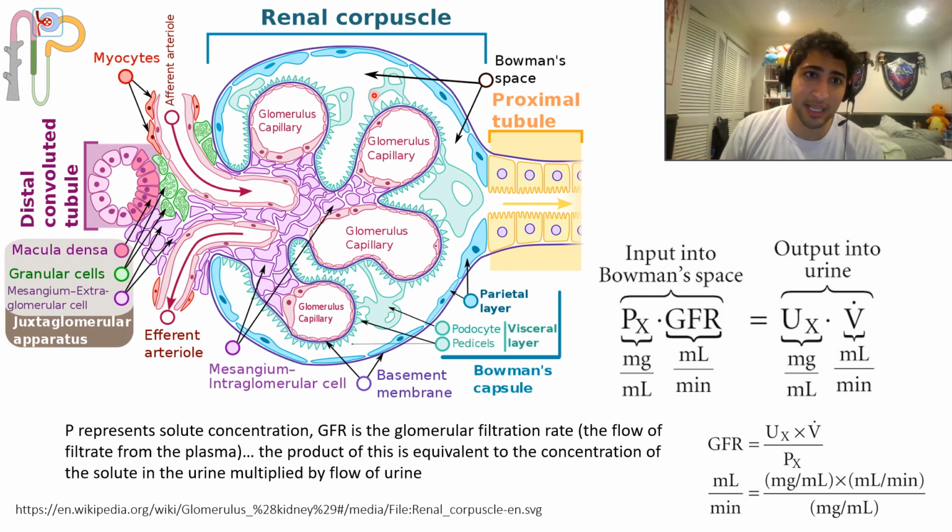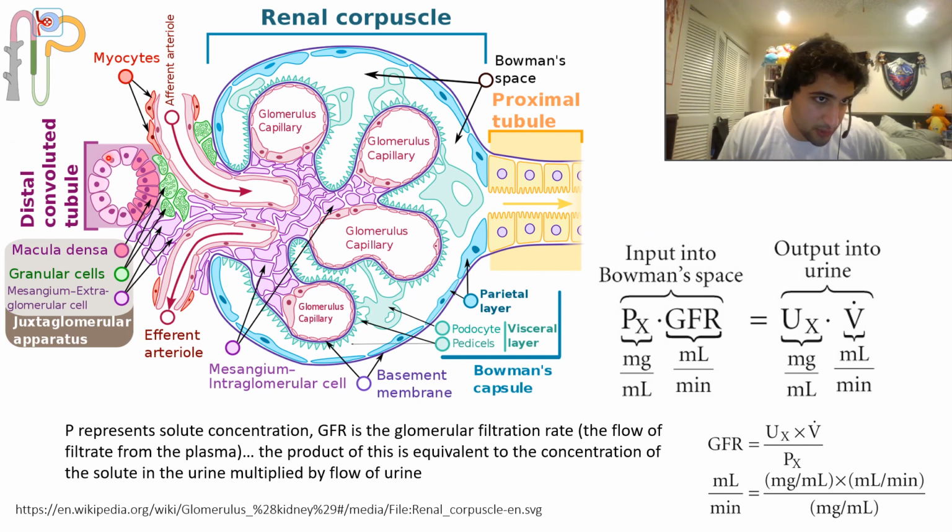But what are they passing into? The Bowman space. And what's the Bowman space lined by? Parietal epithelium and visceral epithelium. Why am I drawing attention to the fact that there's a parietal and a visceral epithelium? Because in disease states, the parietal layer will proliferate and it'll compress the functional component of the kidney. And you can imagine what the consequence of that would be, because everything here in Bowman space will enter the proximal tubule. All right? So it goes into the proximal tubule, and then it'll loop back up to become the